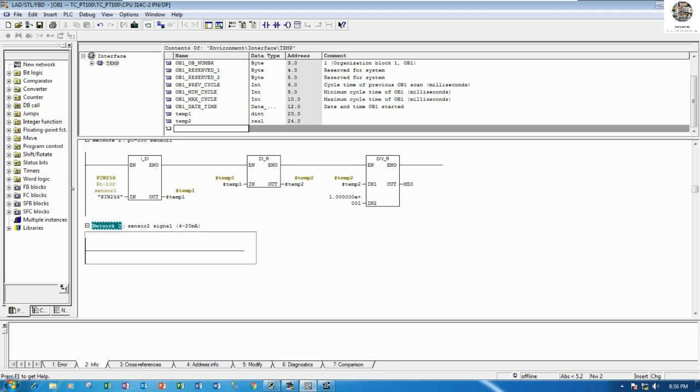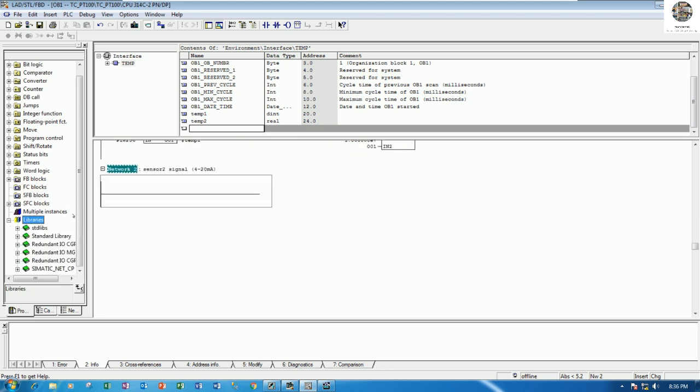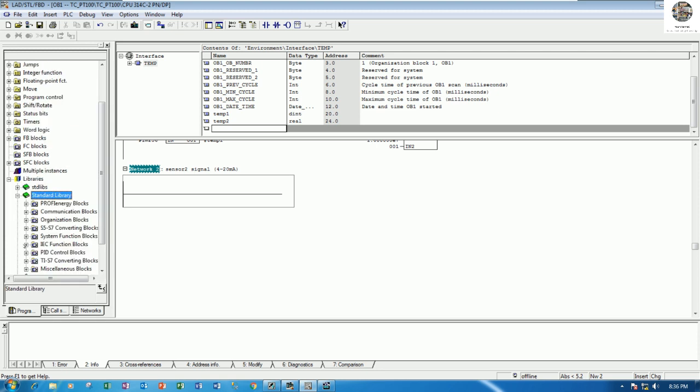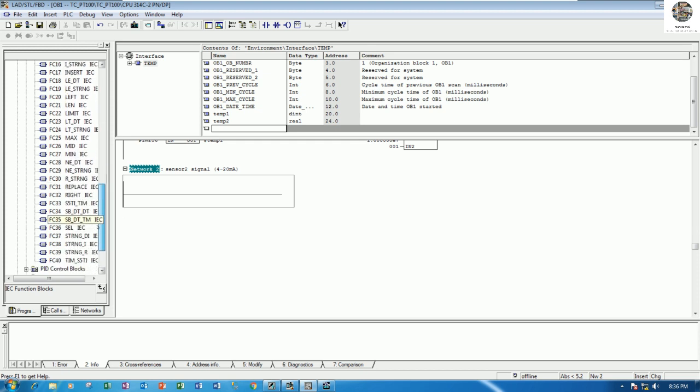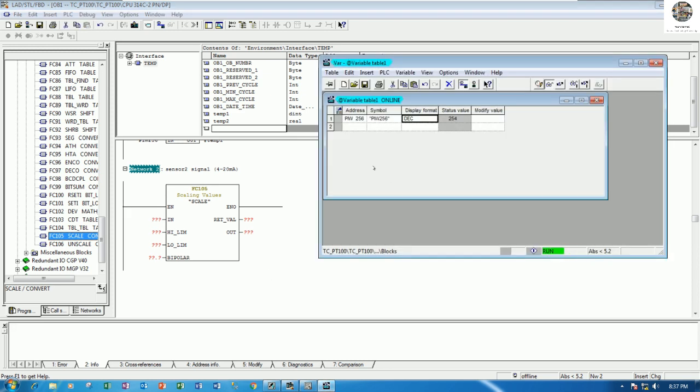Then we can use the FC105, right? That I already explained and tested in the previous video. So we need to convert, right? FC105 here. Okay. Then here is the input, right? So input channel number